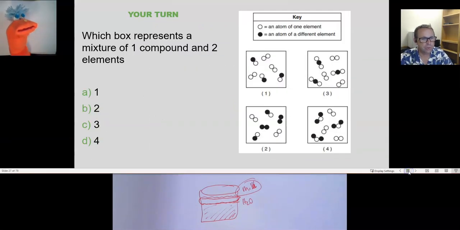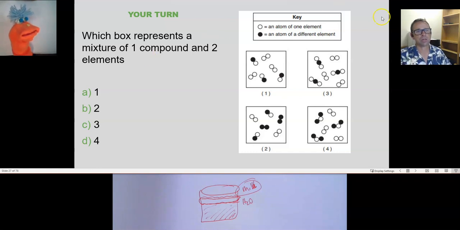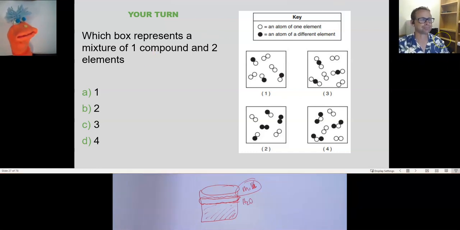Okay. So how about this one? Which box represents a mixture of 1 compound and 2 elements? Okay, that's going to be number. Okay, give everybody a second at home to look at it. Are they ready? They'll push pause if they're not ready. Okay, so they should be ready by now. All right, so it looks like 2